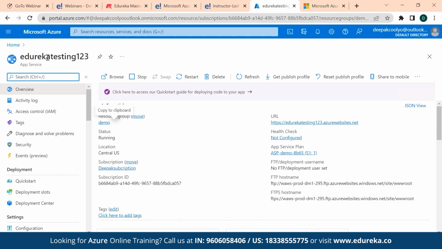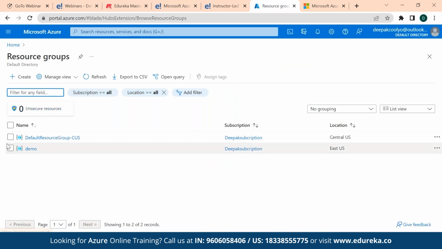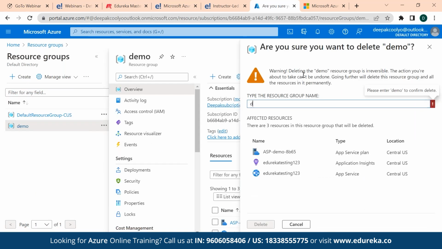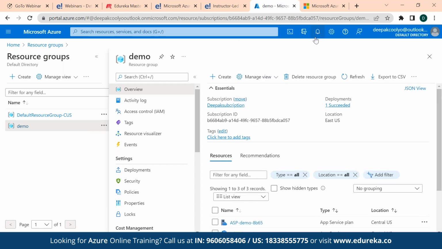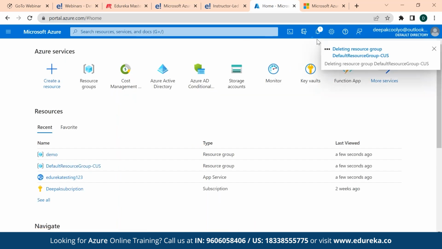Now let's say I've realized that I don't want to really use this resource. So you remember this resource is created under the demo resource group that I have. So here I can go directly and I can delete this entire resource group out. That entire resource group is going to be deleted. Now, once it is deleted, you will be able to see the difference here. That entire website is not going to be available. Let me show you. Allow this to delete. Now you see this bar is going on right now. So it's deleting. It will take a moment to get it deleted.